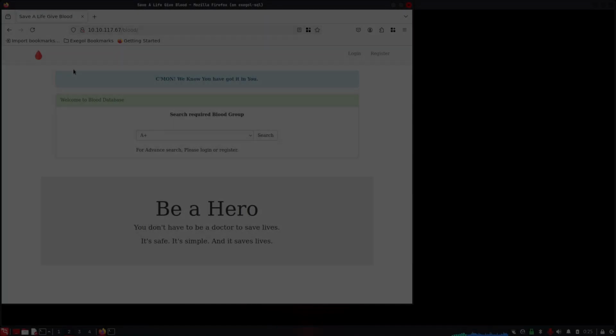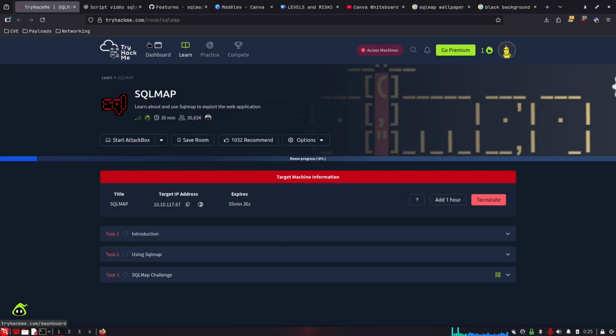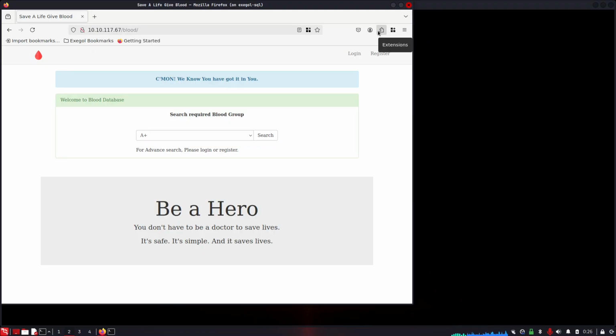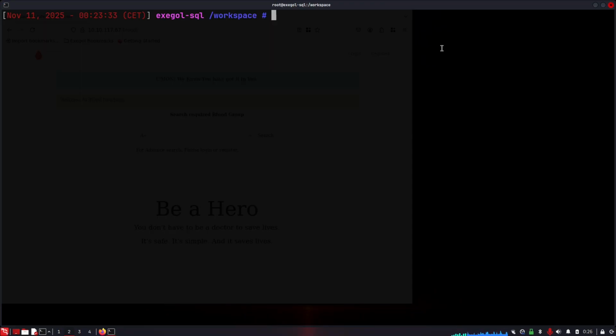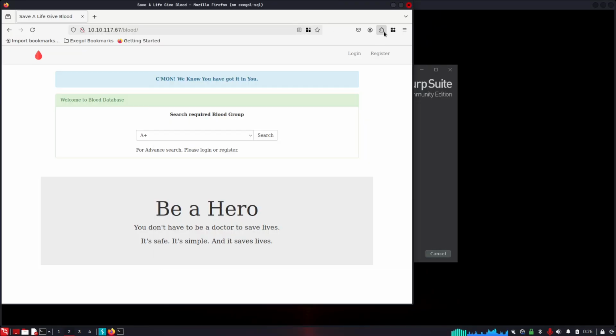So SQLMap is a free and open source tool for detecting and exploiting SQL injection. It is often labeled as a script-kiddie tool, but today I want to change that perception. I will show you that SQLMap is far more advanced than most people think. Many say manual exploitation is better, and yes, it is essential to understand how SQL injection actually works, but manual